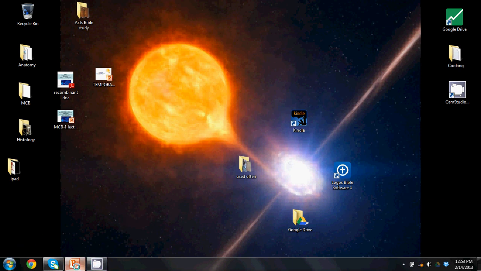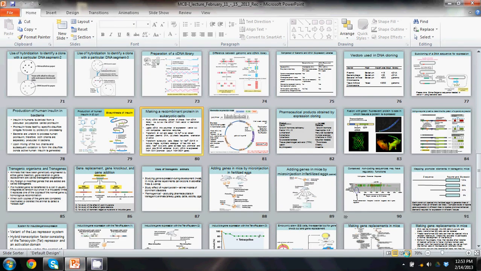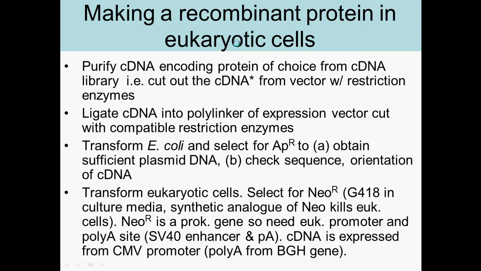Alright, so this is going to be a quick video about making recombinant protein in eukaryotic cells. So first we purify the cDNA from a library, from the genome library. So we cut the cDNA out from the vector with restriction enzymes. And then we ligate that cDNA that's encoding for the protein we're interested in, and we put that into